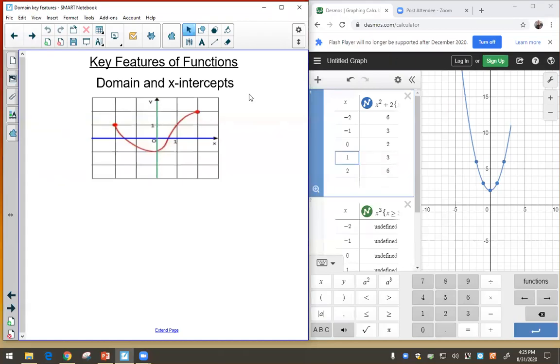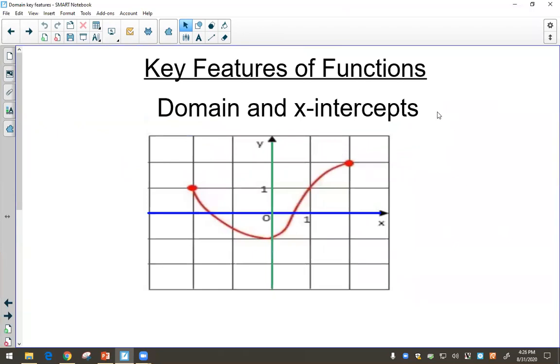Now, this time we want to look at key features of functions. And we want to focus on those key features that are related to the domain. So remember, the domain is a set of x values. Now, if we're going to look at the key features that are related to the domain, we must be